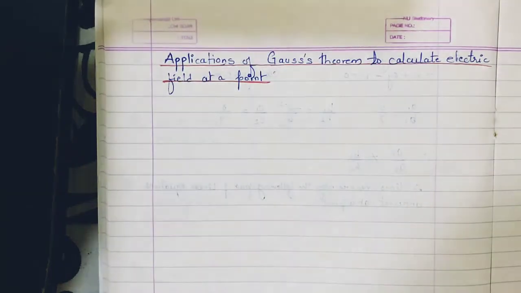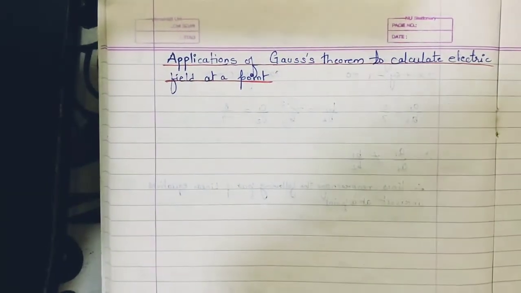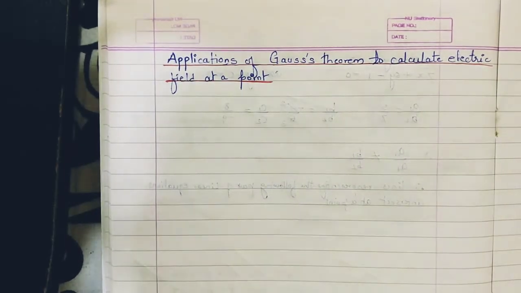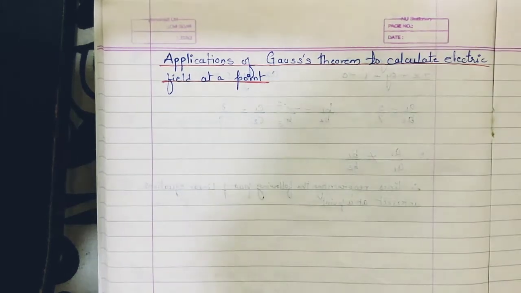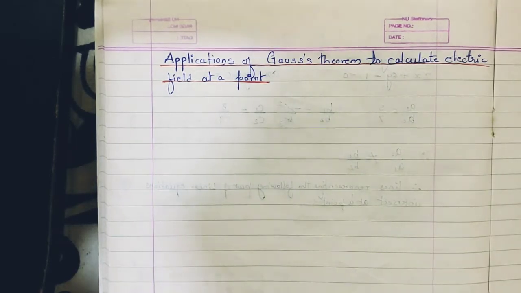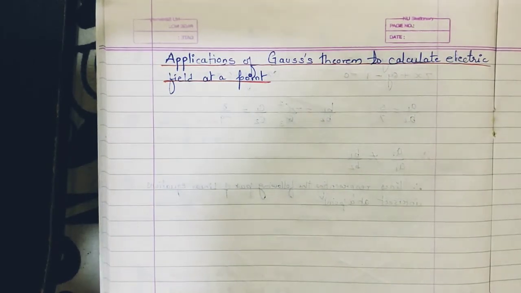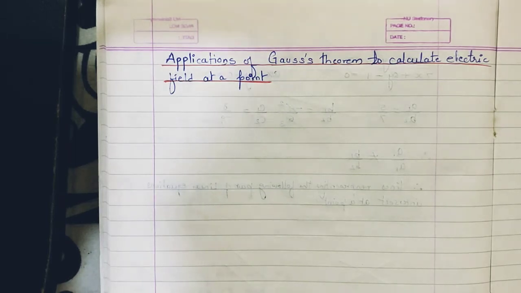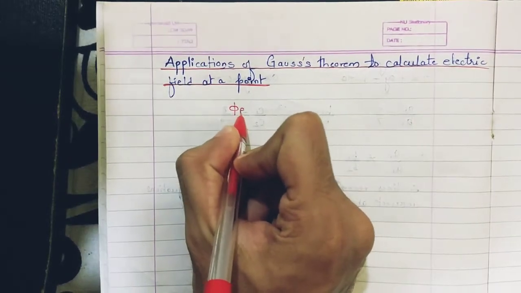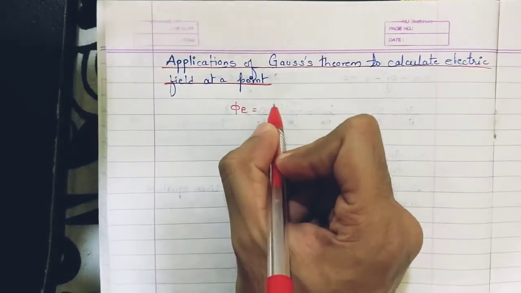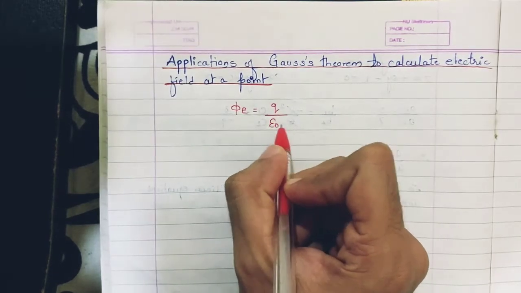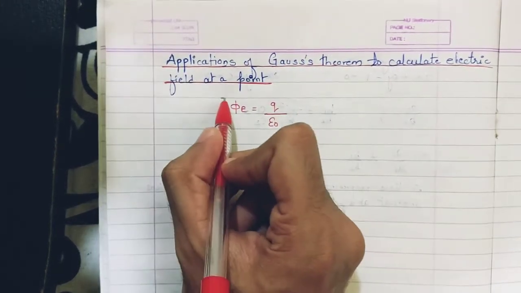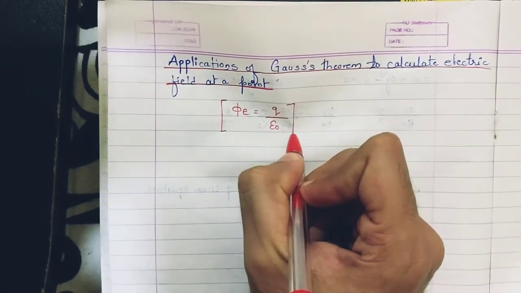Hello students, so in the previous class we learned what Gauss's theorem is, which gives us the flux through a sphere which was called a Gaussian surface. The statement of Gauss's law was: it states that the total flux through a closed surface is 1 upon epsilon naught times the net charge enclosed by the closed surface. That is, the electric flux was given by the total charge enclosed in the Gaussian surface divided by epsilon naught. It is 1 upon epsilon naught times the total charge. This was the statement which we saw for Gauss's theorem.